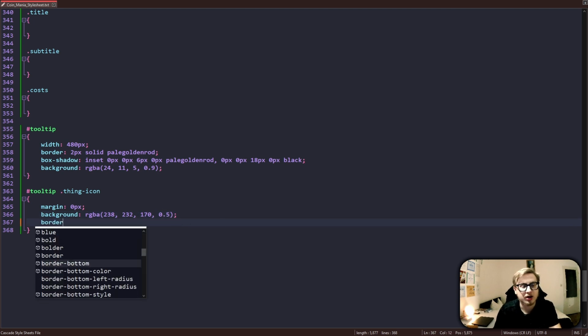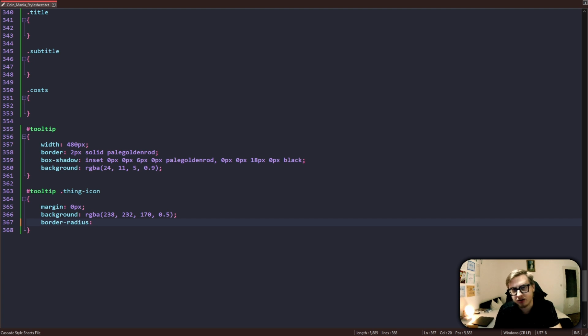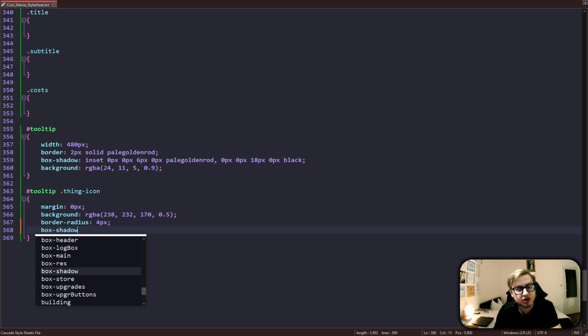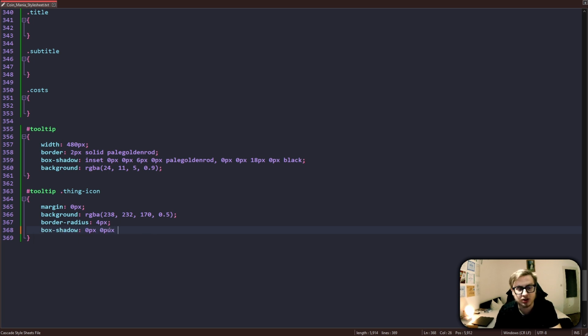Next up, I want to add a border radius to the background of our tooltip icons. This is just so that they have rounded corners. Let's also add a glow to them using the box shadow property. So once again, I'm just gonna quickly skim over this. We're gonna make it all pale goldenrod color, and this is just so that they have a nice pale goldenrod